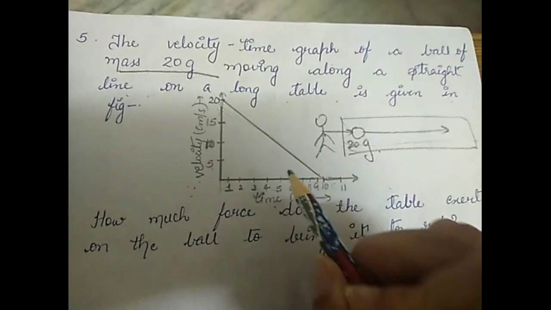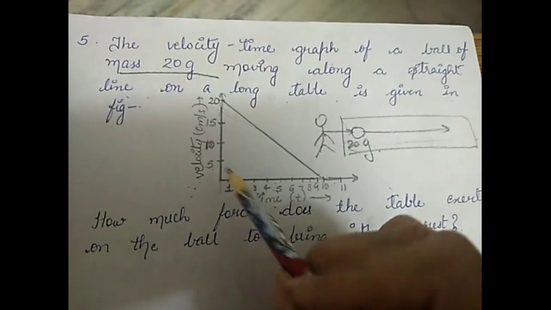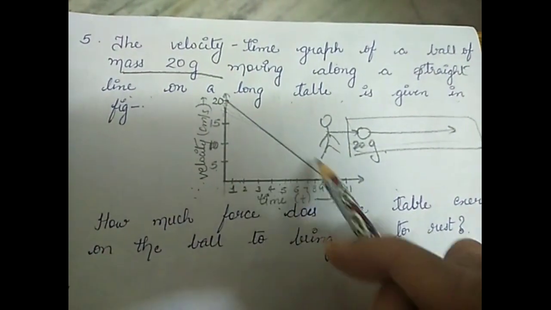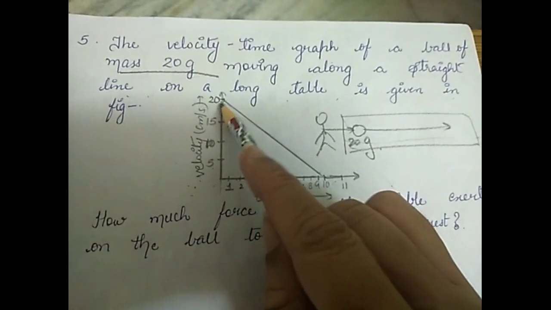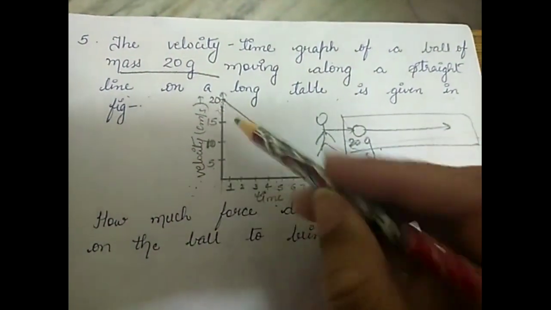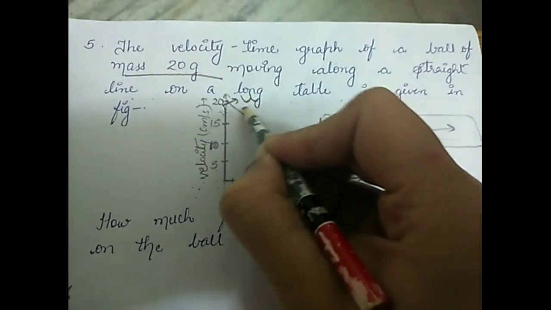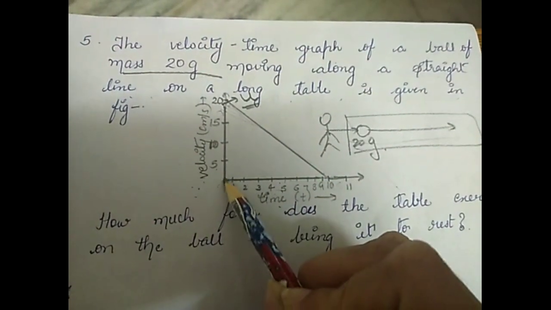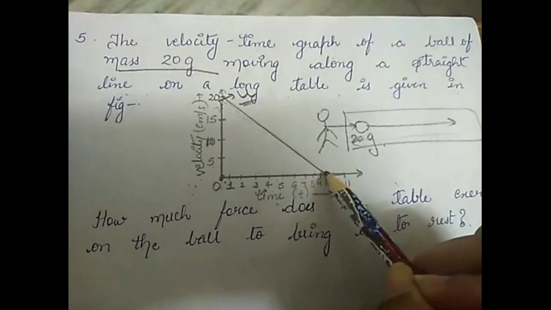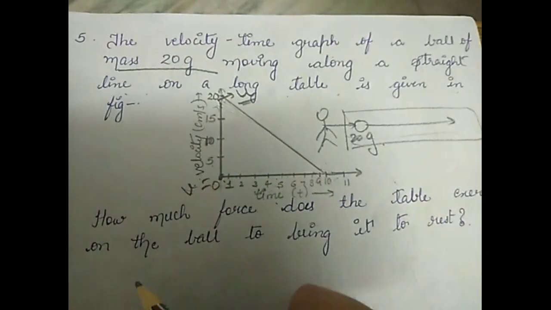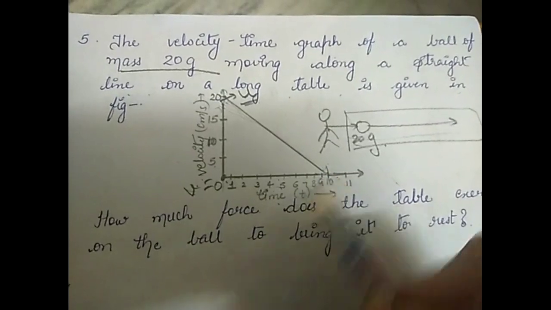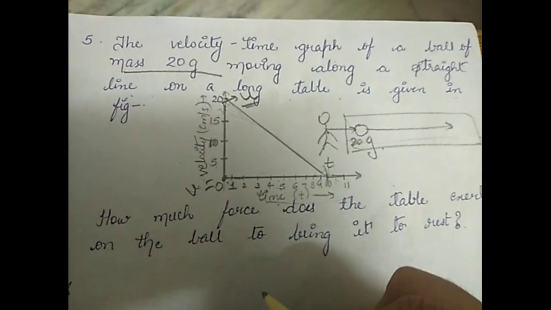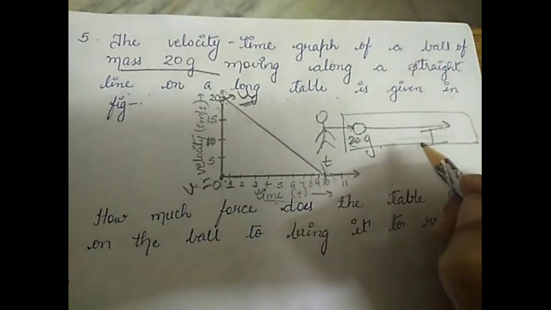So from graph what information we get? That at velocity it is 20, and it is decreasing, that means it is already in motion and its motion is decreasing. That means 20 will be its initial velocity, and after traveling some time it stops, it comes at 0. That means 0 will be its final velocity. And after 10 seconds. So t is equal to 10 seconds. Okay, so this was our first step, diagram we have drawn.